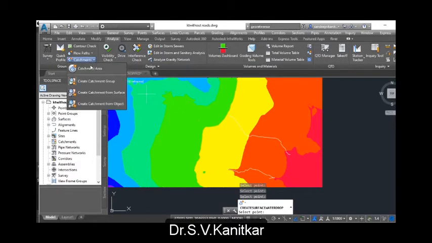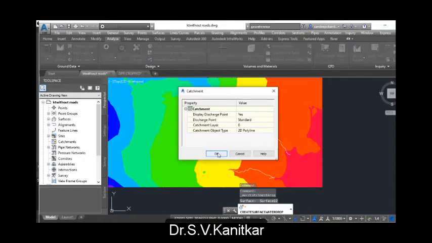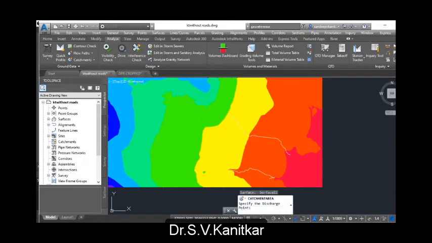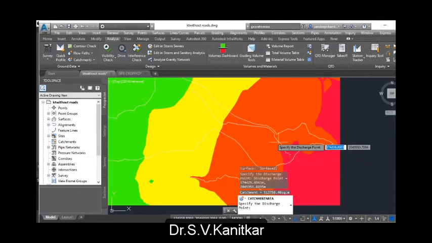Now we'll delineate a catchment based on whatever streams I have done. Let us say this stream, and this is my outlet. If I click over here, it will generate a contributory area. So this is the whole contributory area which will be the contribution to this particular stream.